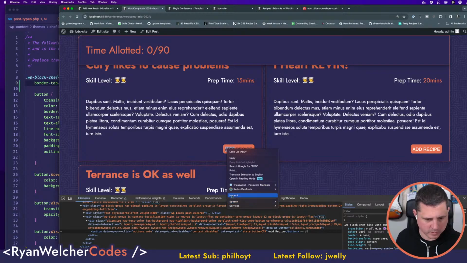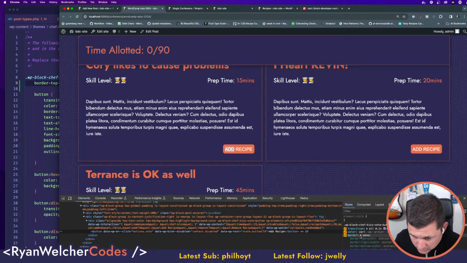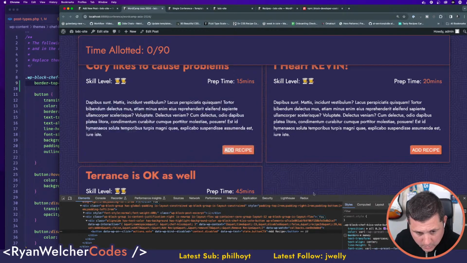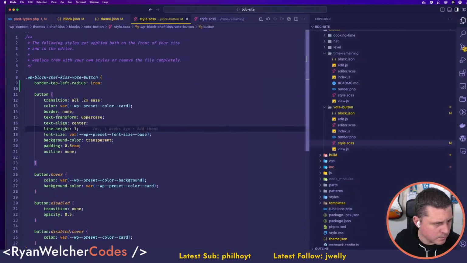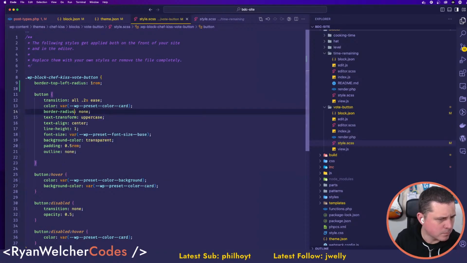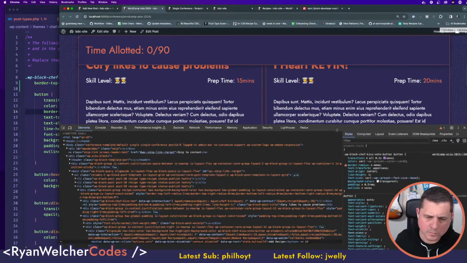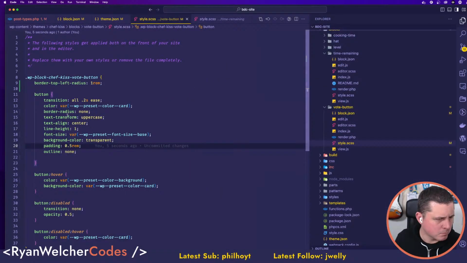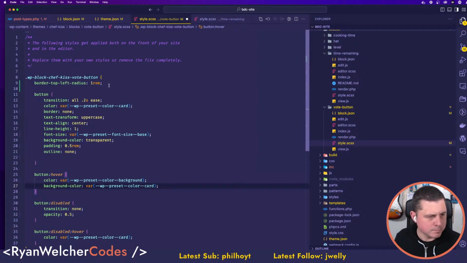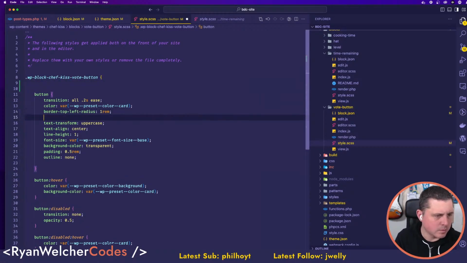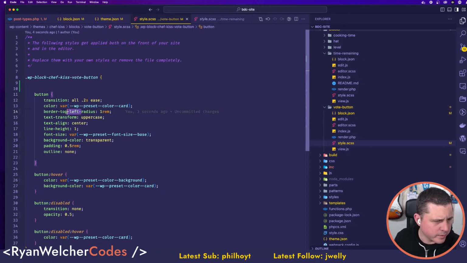Why am I getting the border radius on there still? Oh, maybe I have to do border radius and then... Wait, can I do border radius with the shorthand?